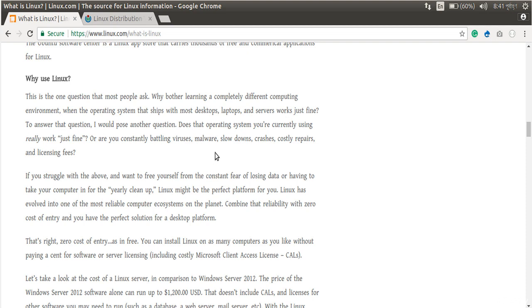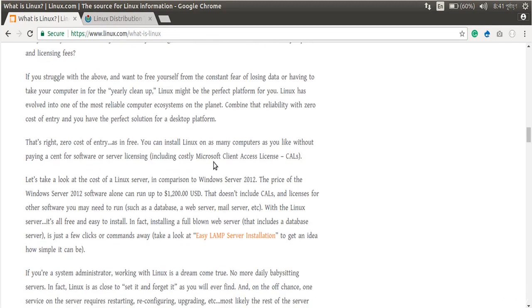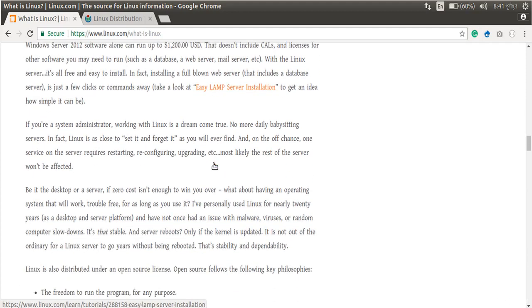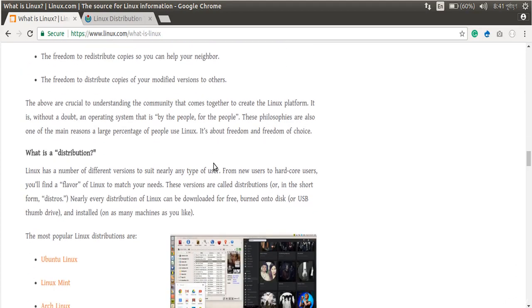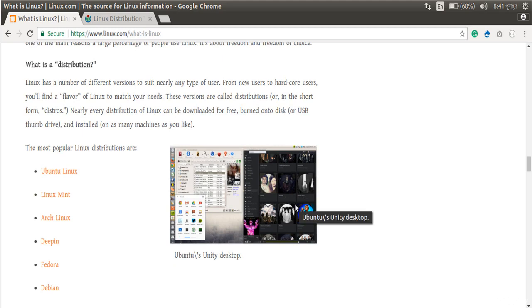And now the question is, what are Linux distributions or distros? So, for your information, Linux has a number of different versions for different purposes, users, and user levels. No matter whether you are an expert or a newbie, there are Linux distributions for you to choose according to your level. These varieties of versions are called distributions or distros. The most popular Linux distros are Ubuntu, Mint, Arch Linux, Fedora, Red Hat, CentOS, Debian, OpenSUSE, and so on and so forth. Guys, I'll show you a list. You will love to see that.